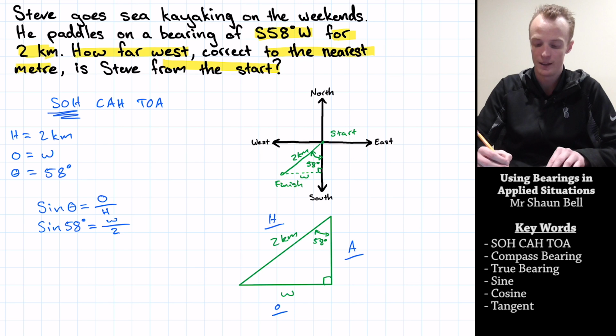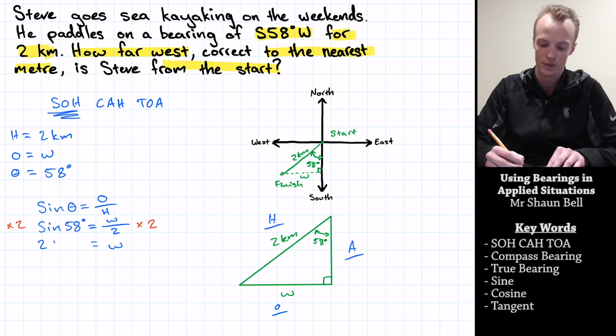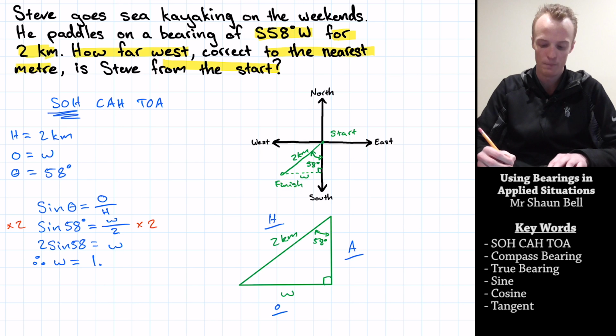So now we want to isolate the W. So we need to get rid of the divide by 2 by performing the inverse of multiplying both sides by 2, which on the right hand side leaves our W, on the left hand side leaves 2 sine 58. So therefore when I put this into my calculator, our W will equal